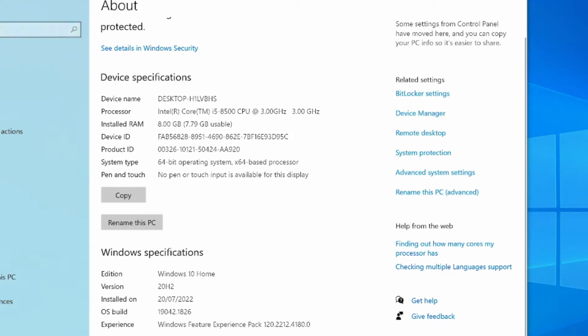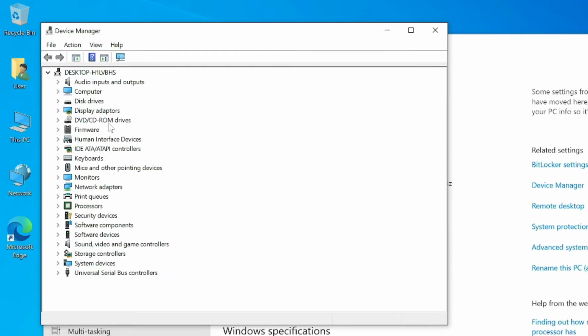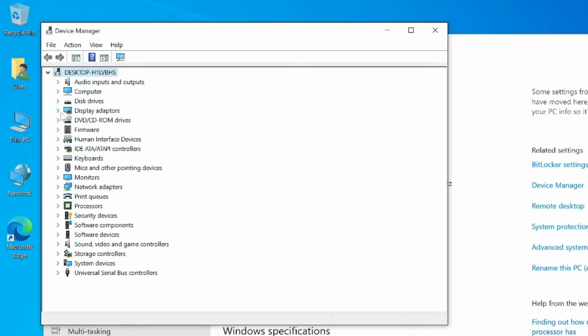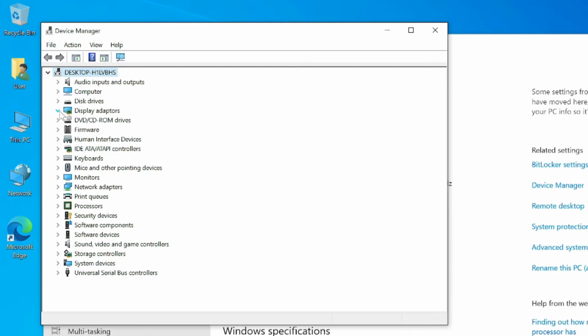So let's go in and have a look at our device manager, just to make sure. So we haven't had to install any drivers from the Gigabyte website for this at all, and you can see that our firmware is all okay. Where's our disk drives? Disk drives, so we should have the one V series 480 gig disk in there. Display adapters is using the onboard display, so it's the Intel UHD Graphics 630 Full HD,